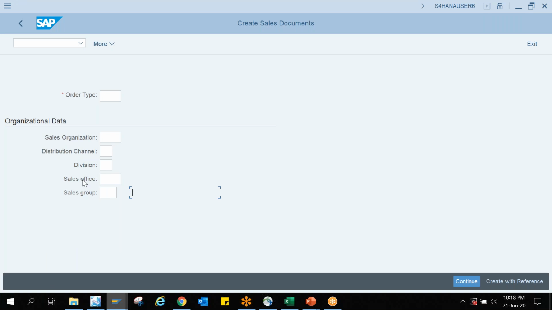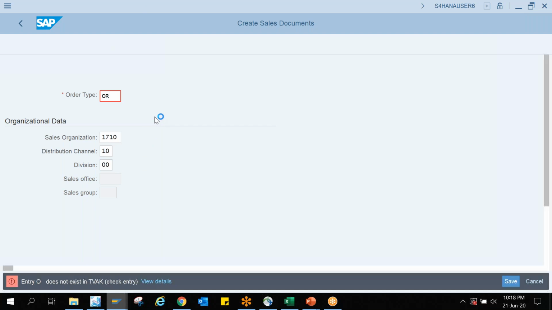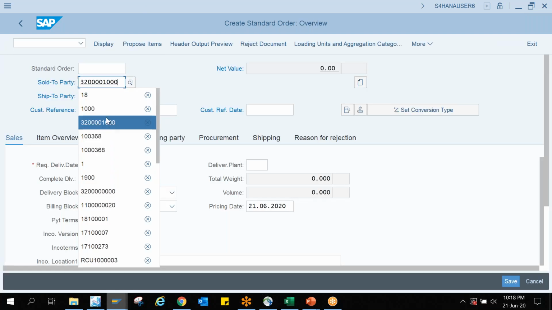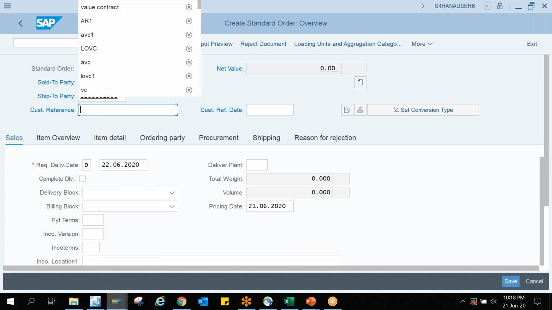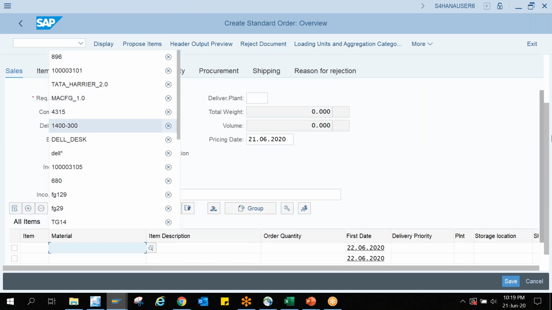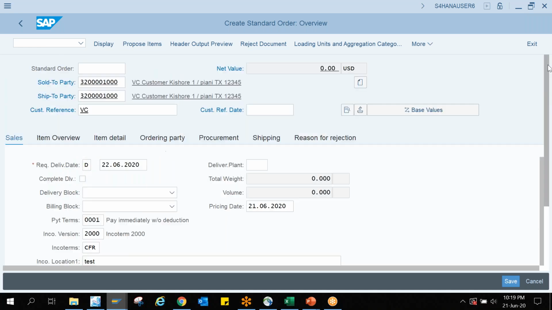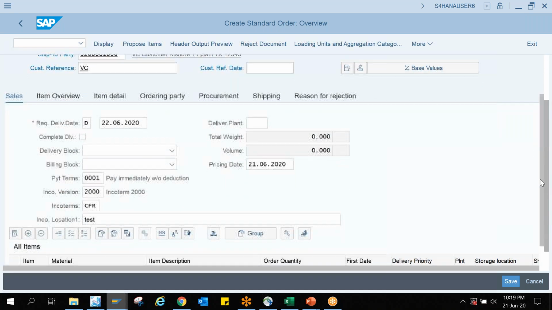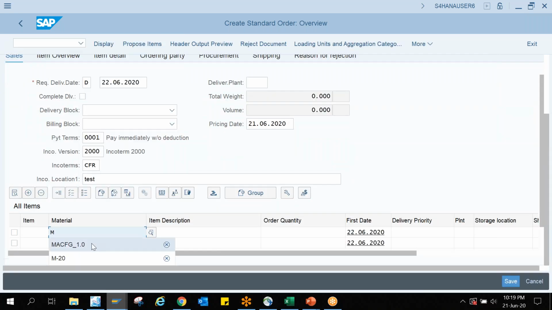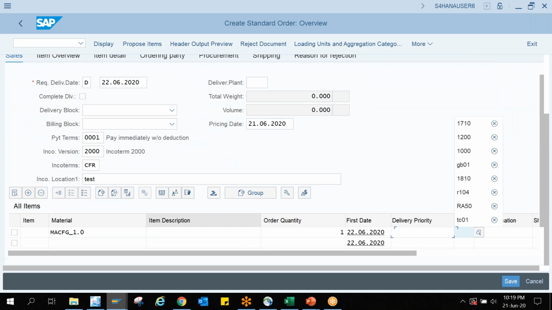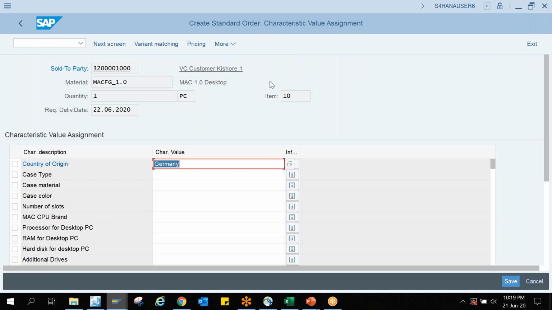Okay, so let's create one sales order. I'm in the VA01 screen, and here I'm trying to create one sales order. I will say this is my VC model. I just added customer and reference. I have one model which is for a computer, and I'll just enter plant and material. That is my VC material. So it will take me to the